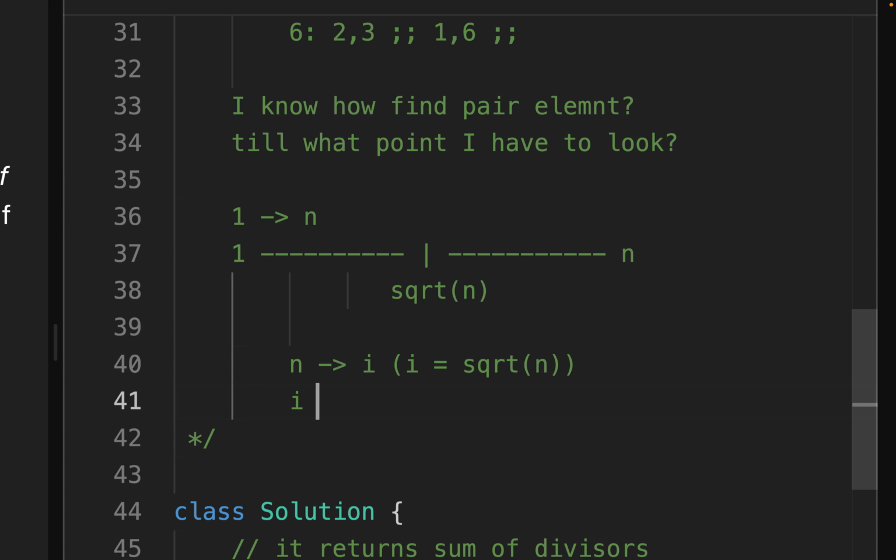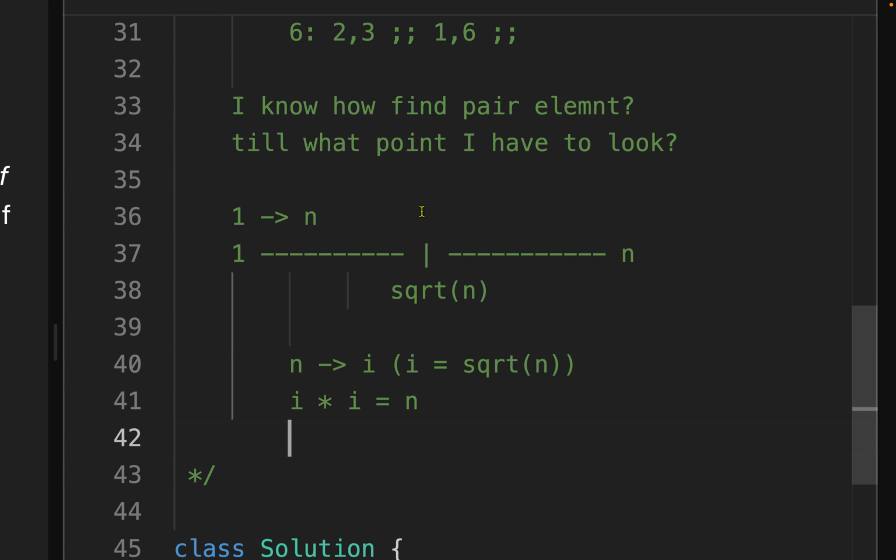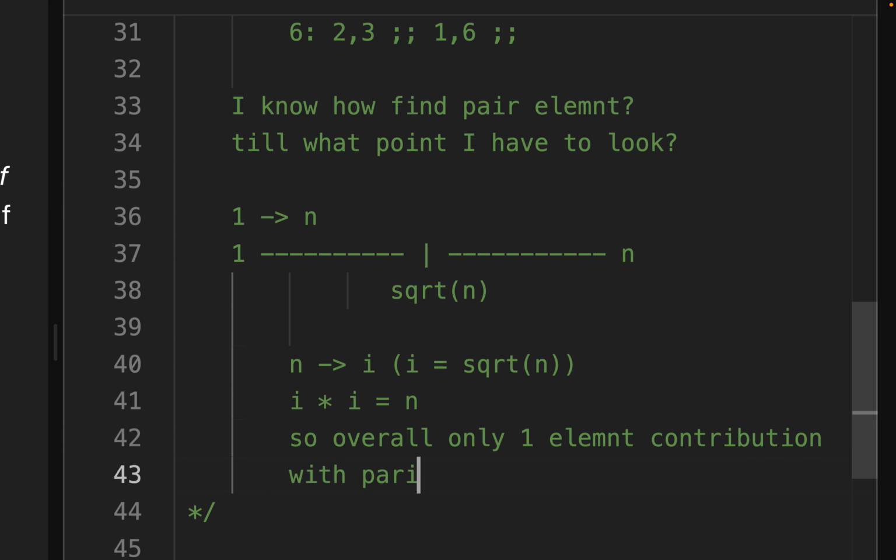Now we know that i into i is equal to n, and with this pairing logic, if you have an element i, the mirror image or the other pair of i would be i itself. So overall only one element contributes, as the pair is of the same numbers. Cool. What's the harm in that then? See, the harm is